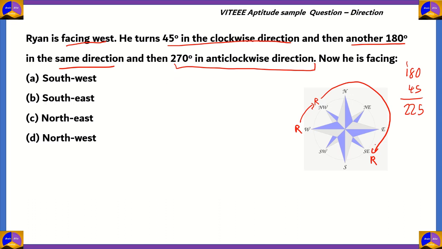On the way he would have to pass west, so a good idea is to subtract 225 from 270 degrees. 10 minus 5 is 5, 6 minus 2 is 4, 2 minus 2 is 0. So he has turned 45 degrees